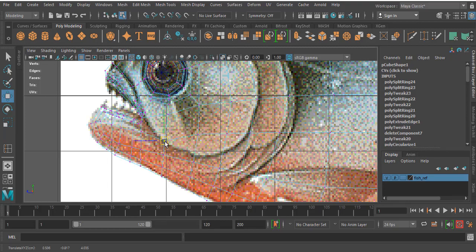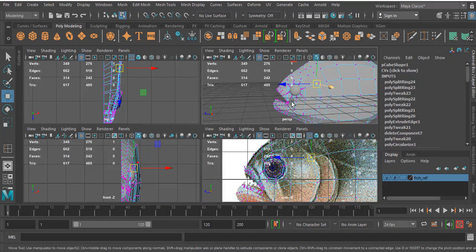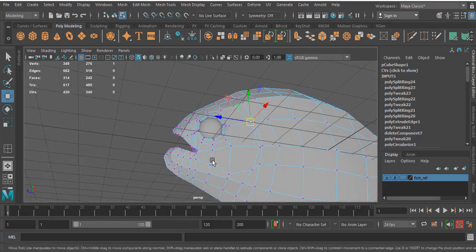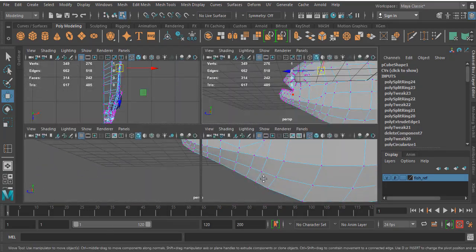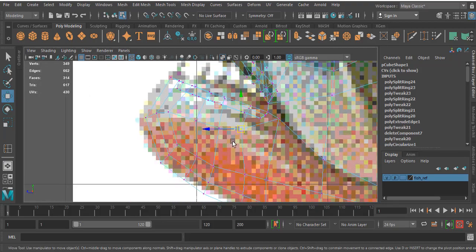Vertex, move these vertices like this according to this one. Keep like this. Okay, this one starts from here. I'll move this. So slowly you have to place this, blend this span flow.